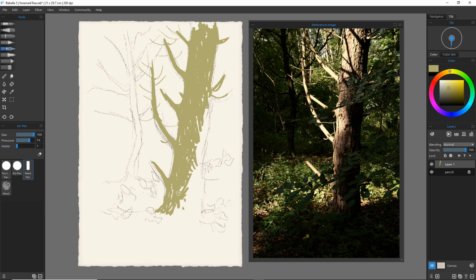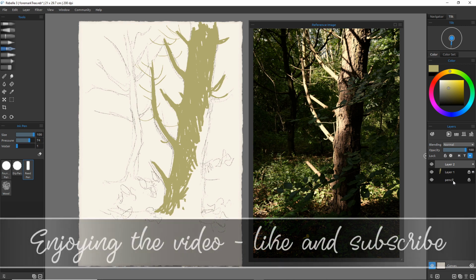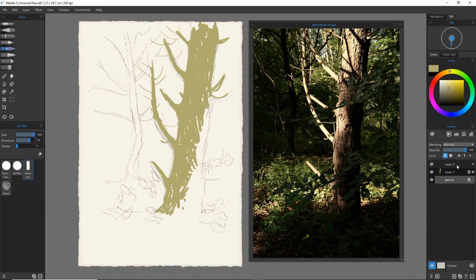That's my masking layer of the tree, so I can now start painting. I am going to make that the masking layer by clicking on that M. I create a new layer, and if I click this little dot here and take off that one off the pencil, is that pencil locked? Is that layer locked? I think it is. Yeah, I'm going on to this layer, and this is going to be my initial wash,